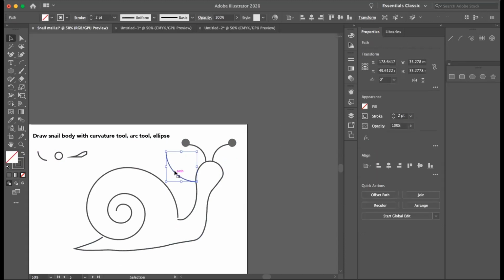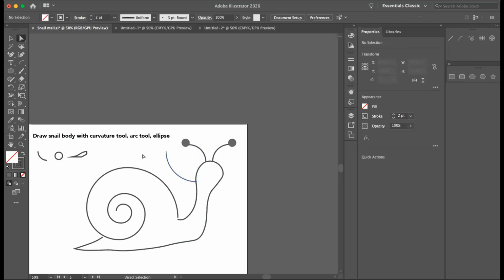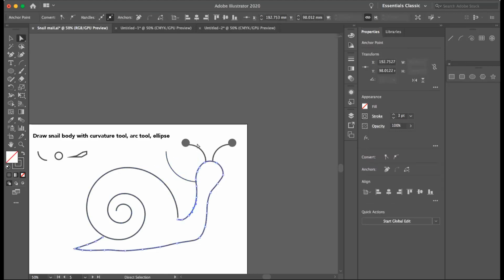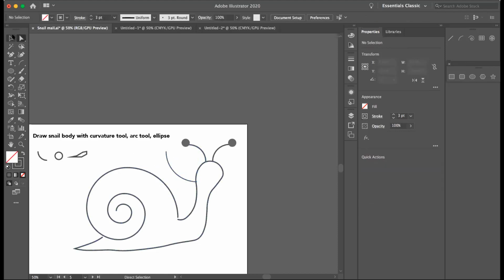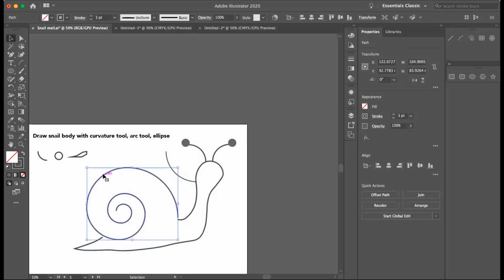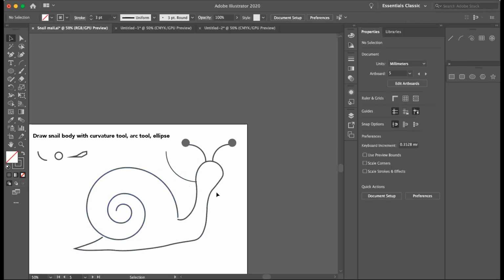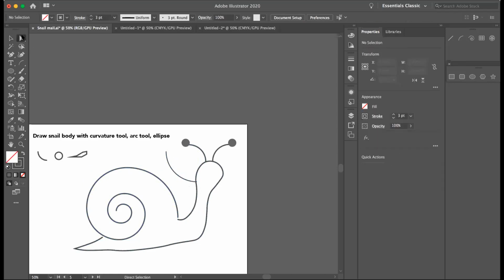I'm going to select the path of this actually using this direct selection tool. Direct selection tool lets you get right into these individual elements of a shape. Select tool selects things all at once. You can see it draws a box around the entire thing. It's kind of something to keep in mind. If you ever want to get into the details of an object, you're probably going to want to deal with